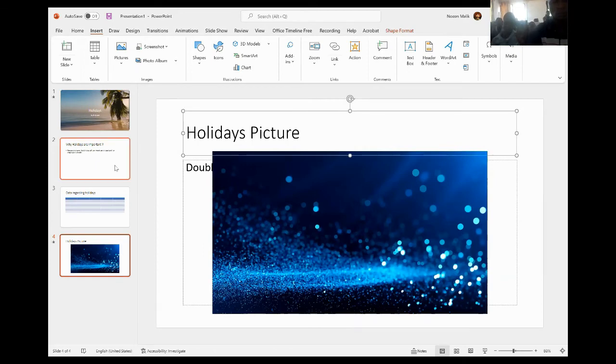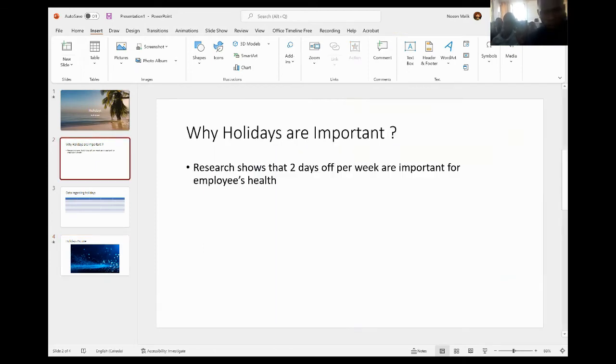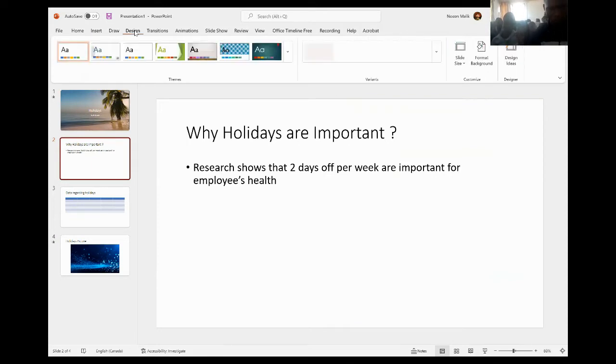Okay, so let's see what else I can have in the designs. You remember, you can go to Design on your top ribbon. On the top ribbon, after Insert and Draw, there is Design.